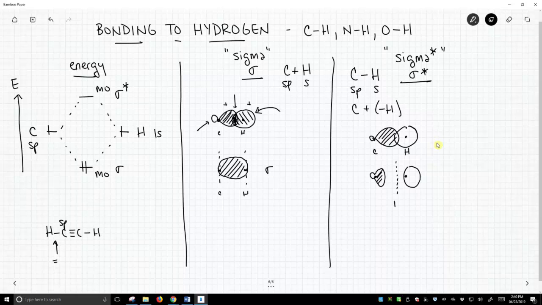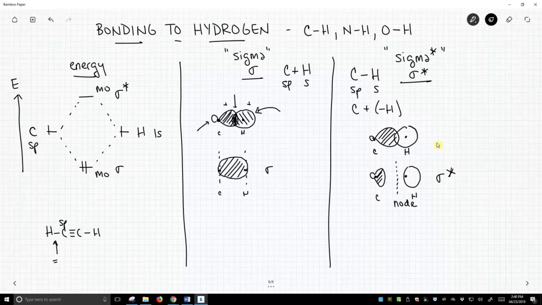So we have a node in between. And this is now our sigma star. This is not a good orbital for electrons because there's very little probability we're going to find that electron in between those two nuclei. So this is a classic picture of both the sigma and sigma star for a CH